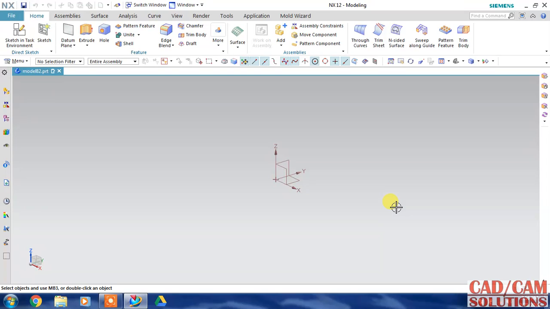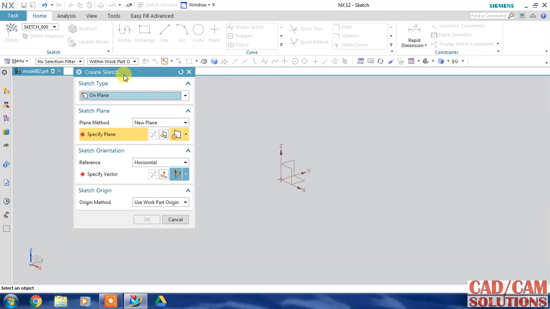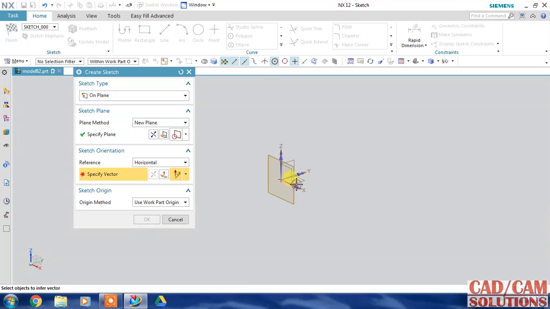We will create a model in surface design. So first we will start from the sketch so that we create a section of our body. So I choose this plane XZ